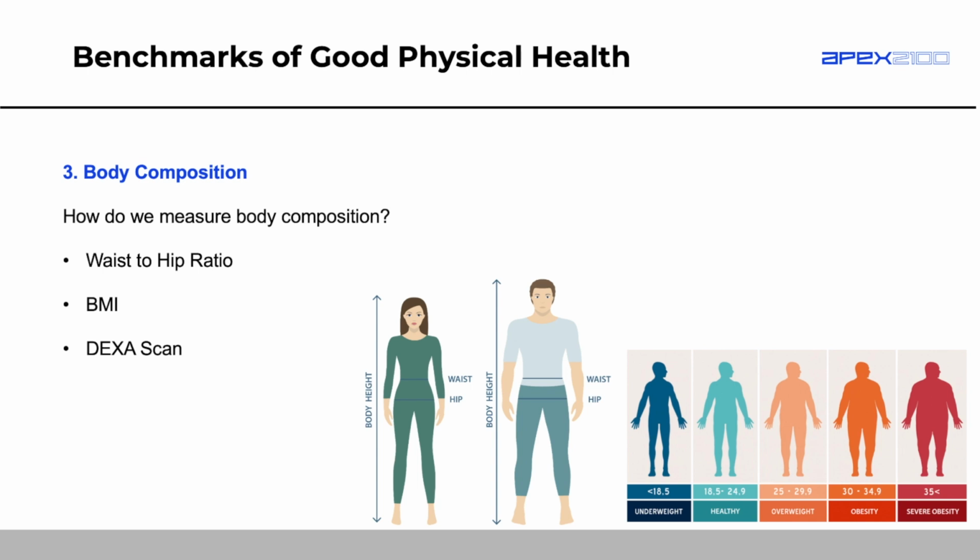There's some more complicated ways to do it. So waist to hip ratio gives us a good idea of the overall body composition. This is more than just calculating your weight, right? So waist to hip ratio can give us some idea of health as well. We'll see what that is in a second. And then we have BMI, the one that everyone knows about, which gives you a number and classes you into underweight, healthy, overweight, obese, or severely obese.